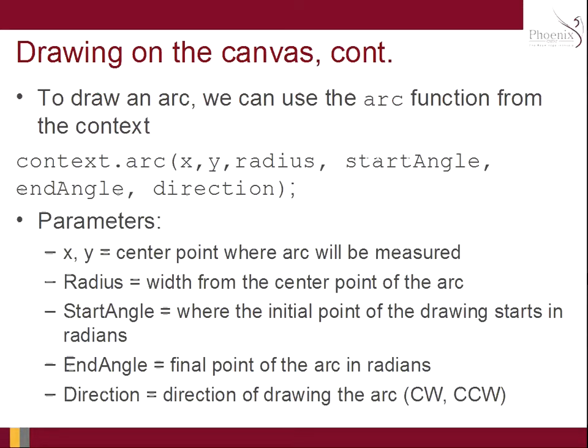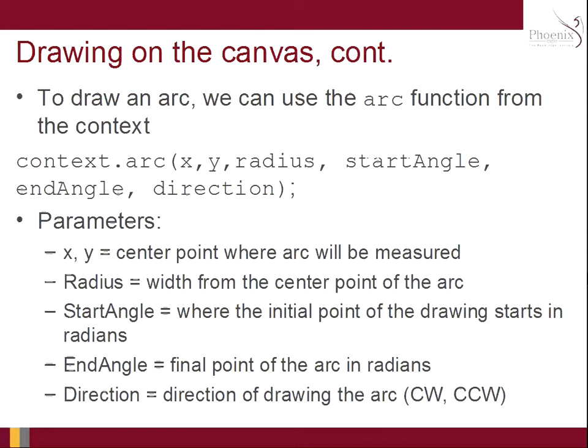The radius, of course, would be the width from the starting point to where you want to start to draw. The start angle and the end angle would be the starting point of drawing the arc, and of course where you want the drawing to end. So basically, if we compare it to the previous process that we have done, start angle would be the moveTo, the end angle would be the lineTo, but instead of creating straight lines, this would be